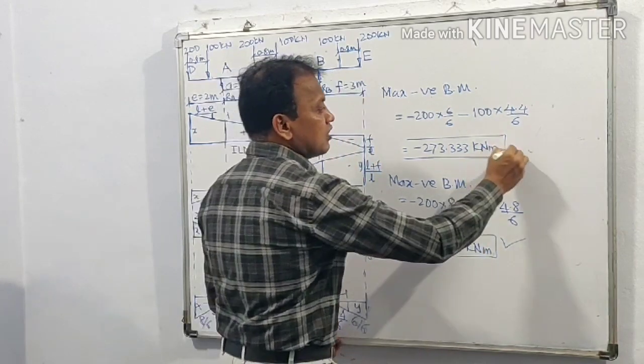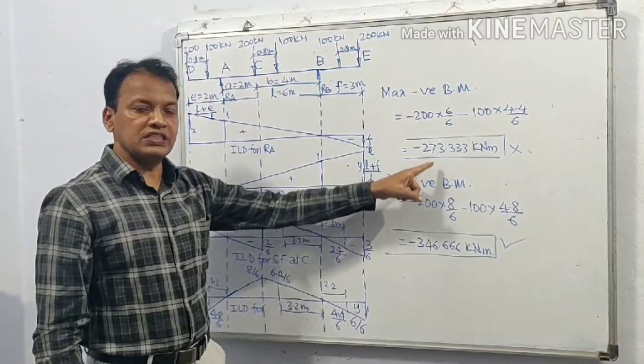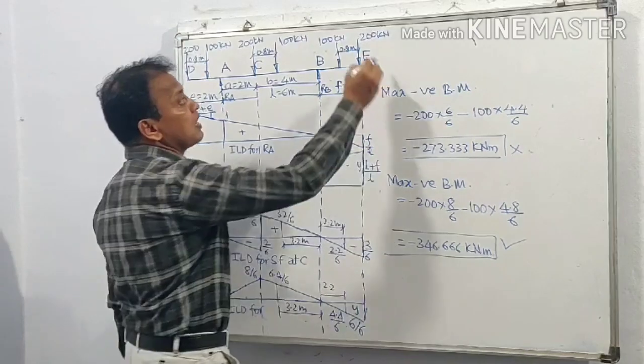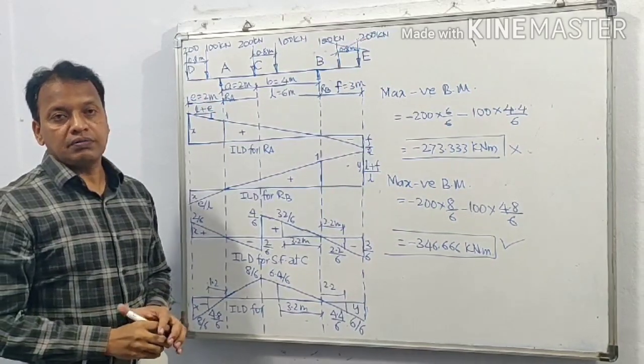So this is the maximum bending moment. This bending moment is more than 273, therefore this is the maximum and the other is not the critical position for maximum negative